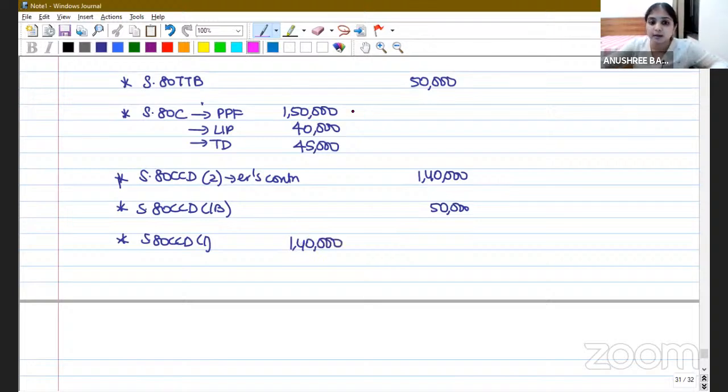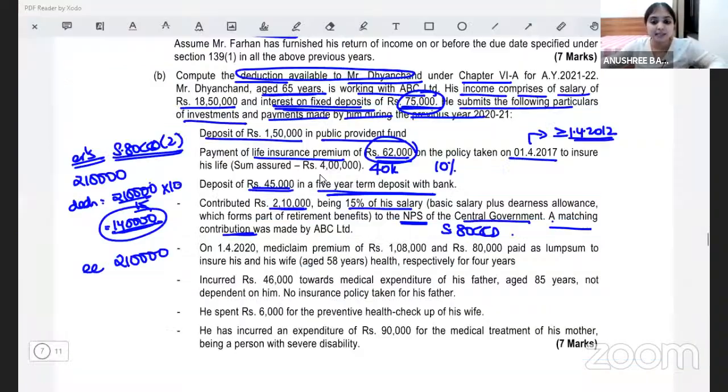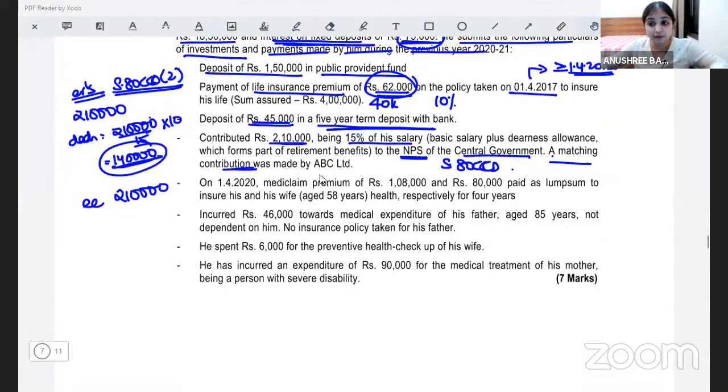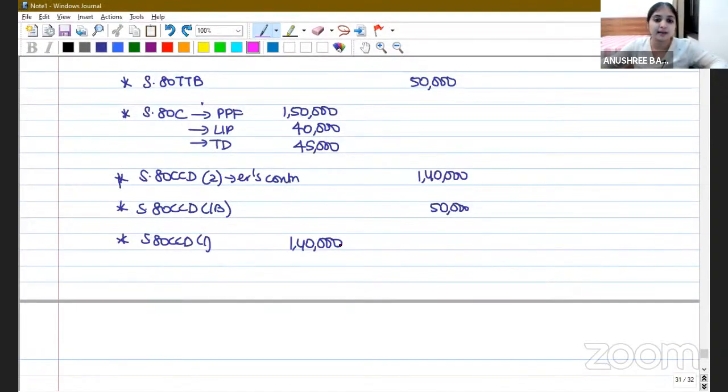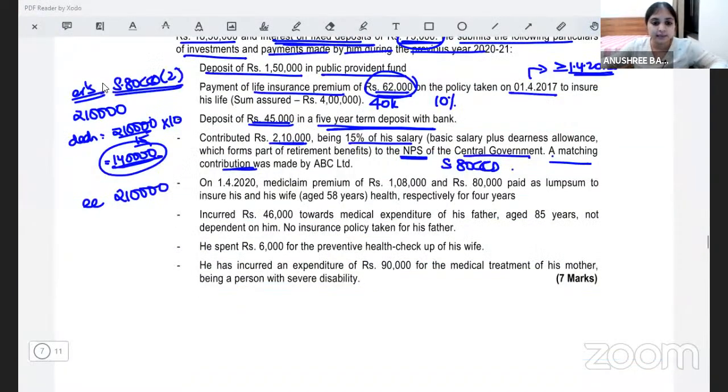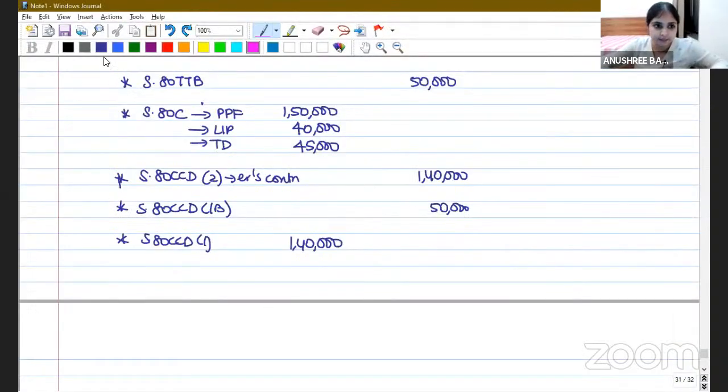Are you noticing why I am writing these numbers in the inner column? Because 80C plus 80CCC plus 80CCD subsection 1 are to be restricted to 1,50,000. That is why I'm writing it in the inner column. We'll handle these sections later. Then after this, it is all 80D, 80DDB and all. We'll finish off 80CCE. What does 80CCE say?